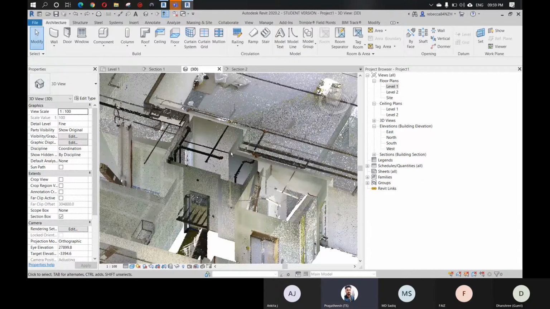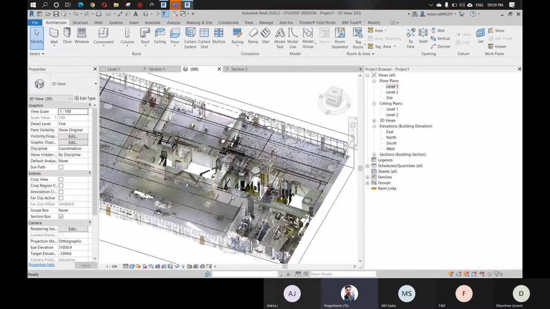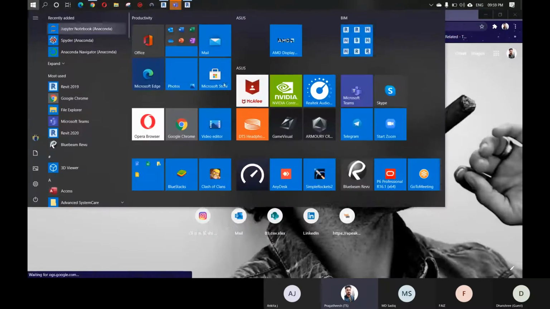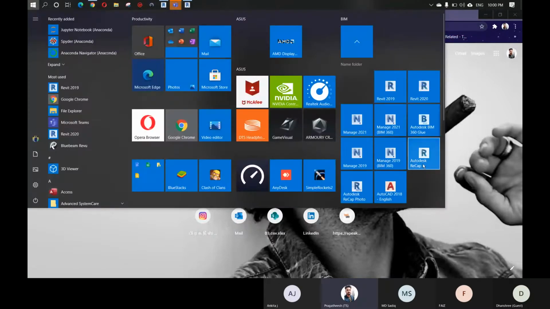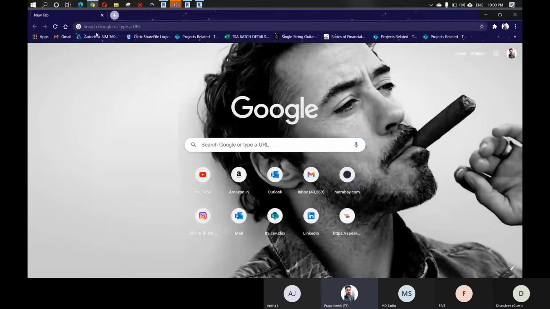And you can also download this Autodesk ReCap. You'll get a trial version. You'll not get the Pro version because that is licensed, but you can get the trial version. And there's also another thing called ReCap Photo. Photo in the sense that you can merge some photos and create a 3D model with the help of photos. I'll show you a video so that you can better understand that.